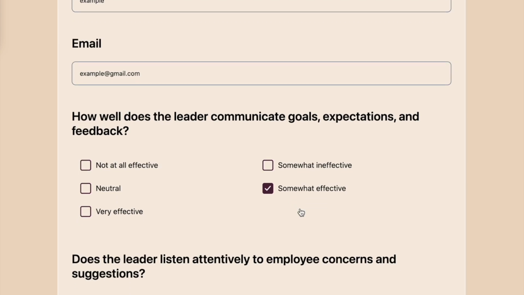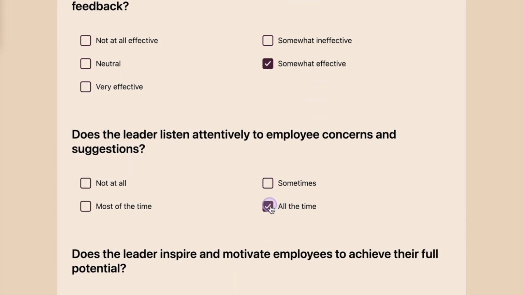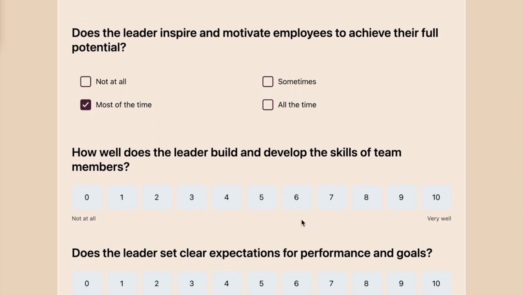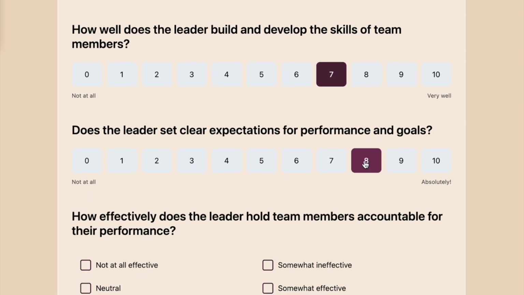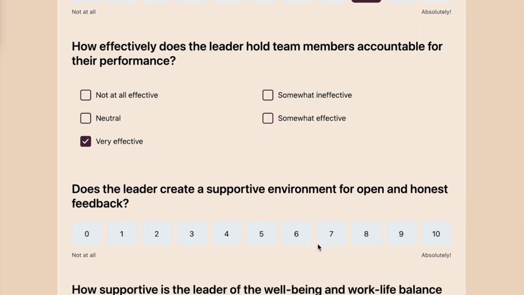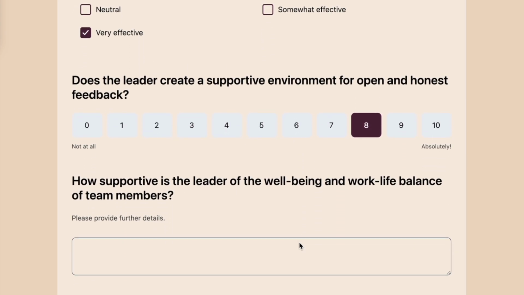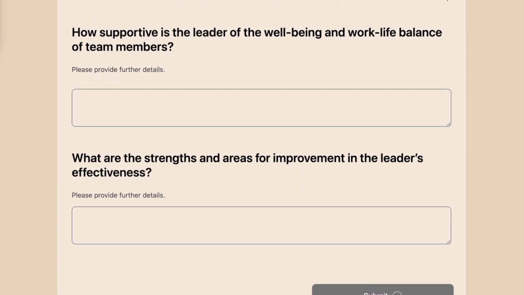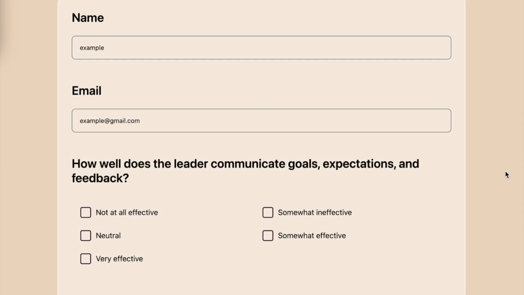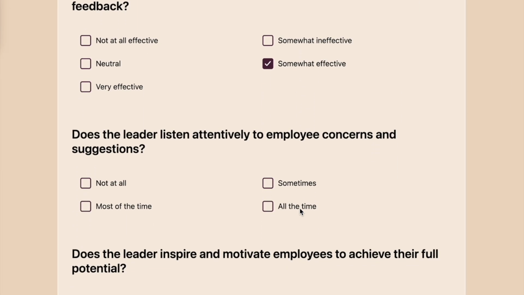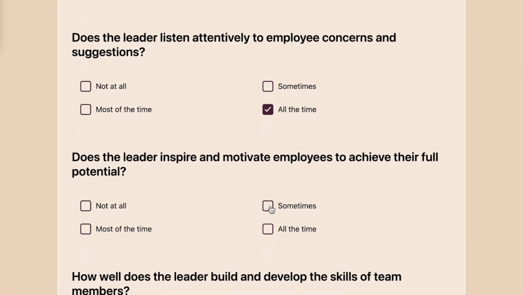A leadership effectiveness survey is a valuable tool used to assess and measure the performance of leaders within an organization. This survey gathers feedback from various stakeholders, including employees and peers, to evaluate key aspects of leadership. It typically covers areas such as communication skills, vision and strategy, team building, and problem solving. The feedback collected can offer insights into a leader's strengths and areas for improvement, guiding the development of tailored improvement